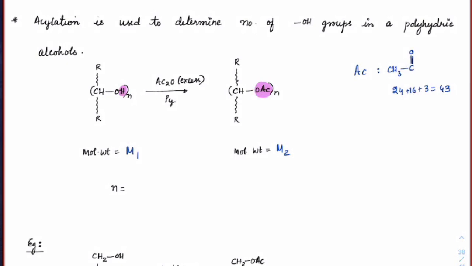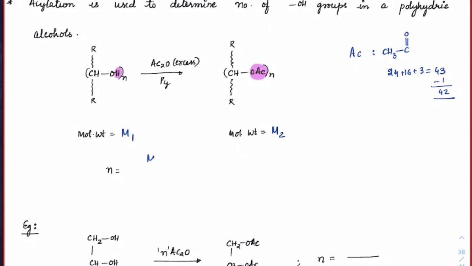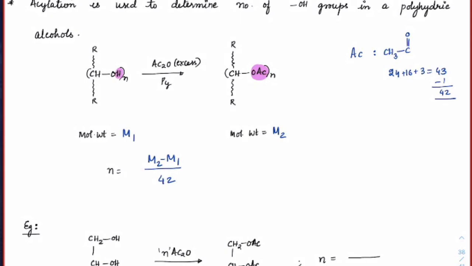Out of which one hydrogen you are replacing anyway, so subtract that hydrogen. So how much is it? 42, correct? So if I take this molar mass minus this molar mass divided by 42, that should give me the number of acyl groups that has been attached. So this becomes a simple formula: M2 minus M1 divided by 42 will always fetch us the number of acyl groups that has been added. This type of integer-type question is very typical in JEE, where a big chain hydrocarbon is given. We need to find out the number of OH groups present on it. So if the molar masses are given, we can use this.